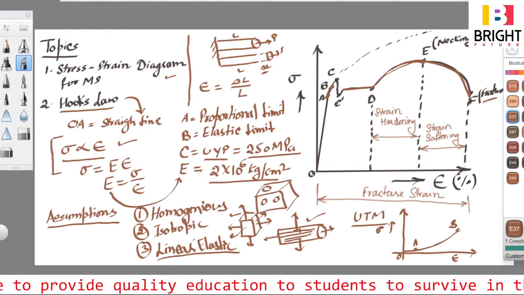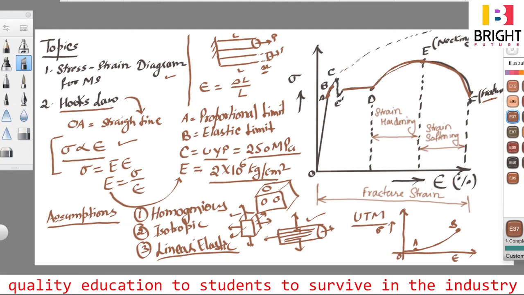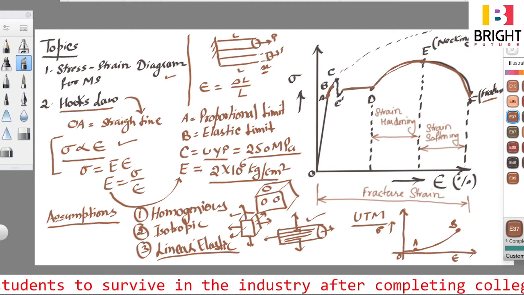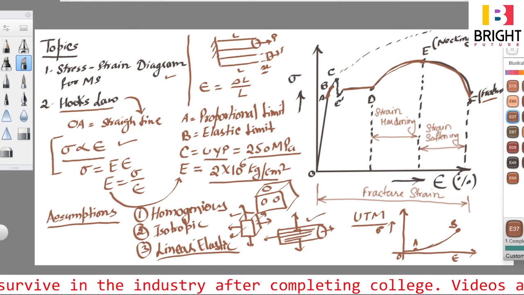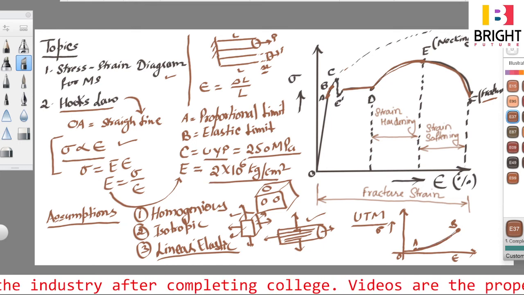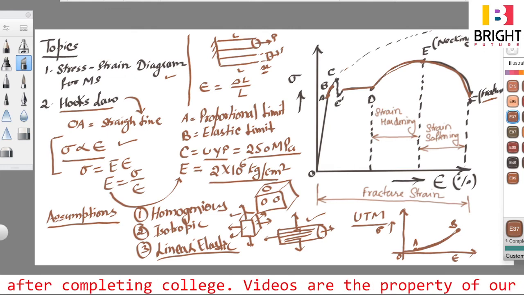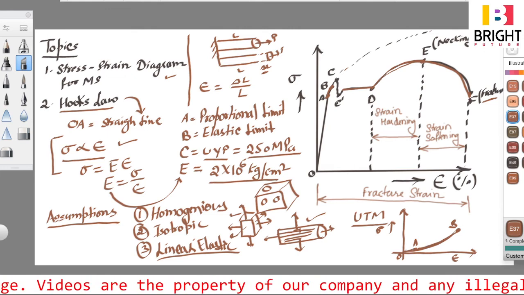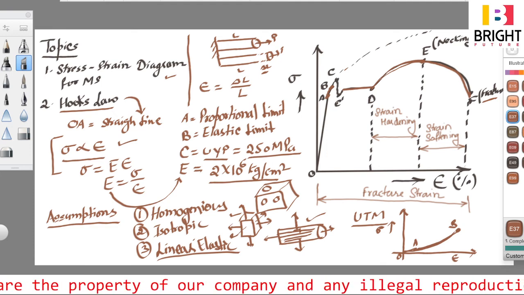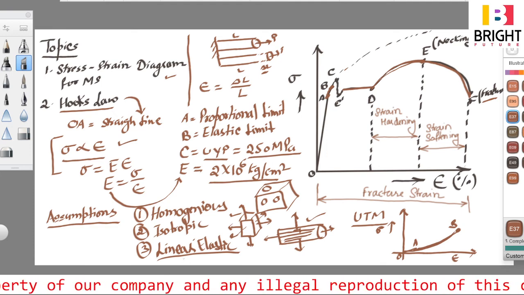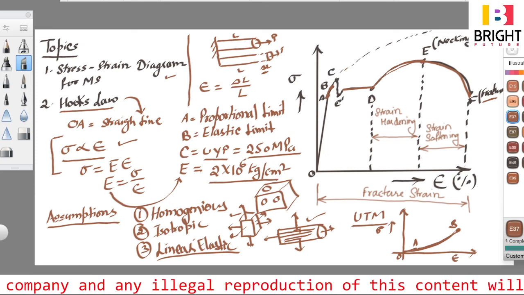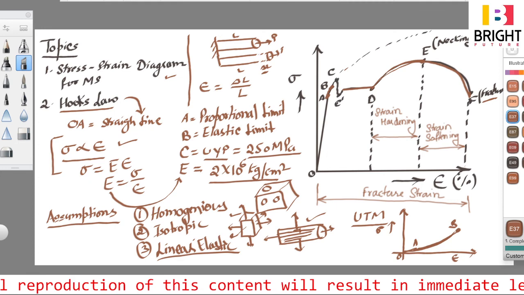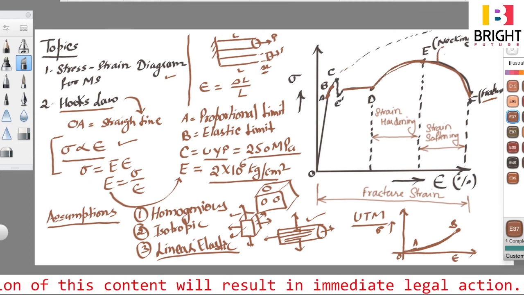If we strain material up to point B and after that we release the load, then material will come back to point O, back in its original shape. However, this line is not a linear line, it is a curve. So Hooke's law is not valid for this particular curve. Hooke's law is only valid up to point A. So in this particular case, Hooke's law is valid only when the material is linear elastic. So I thought that one is able to understand, and this value for mild steel is 350